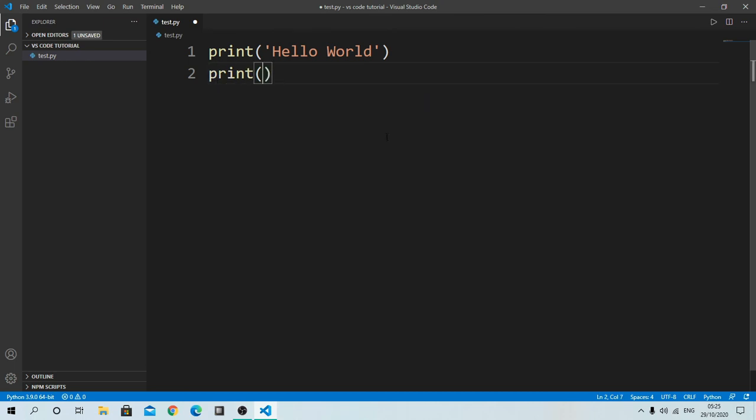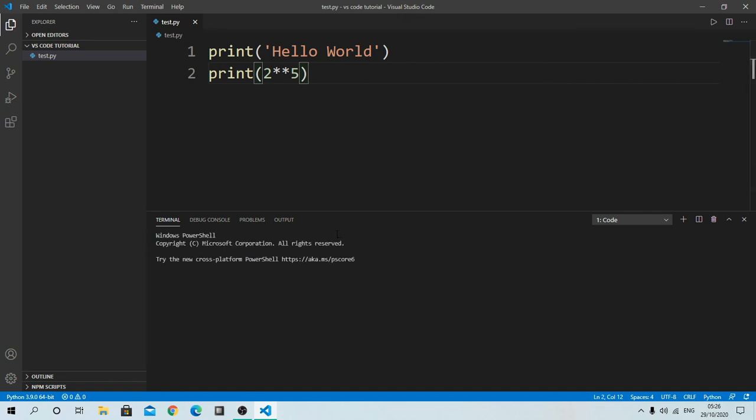Let's print some more statements, like I will print 2 raised to power 5 and I will run. So it will run your code here.